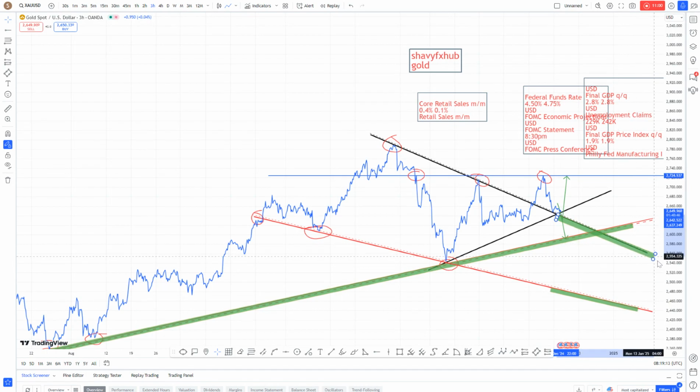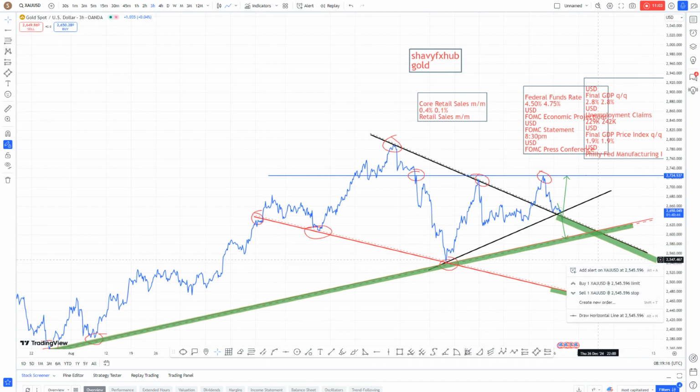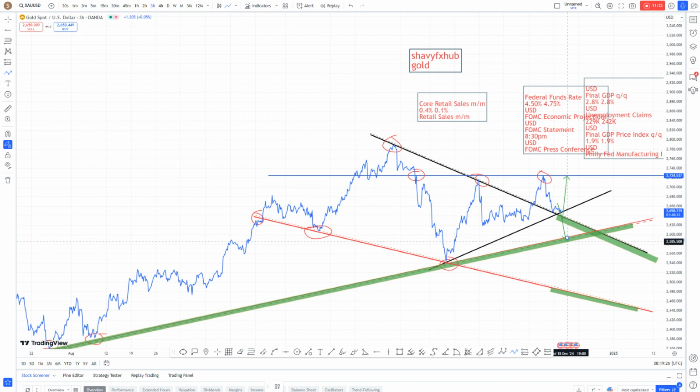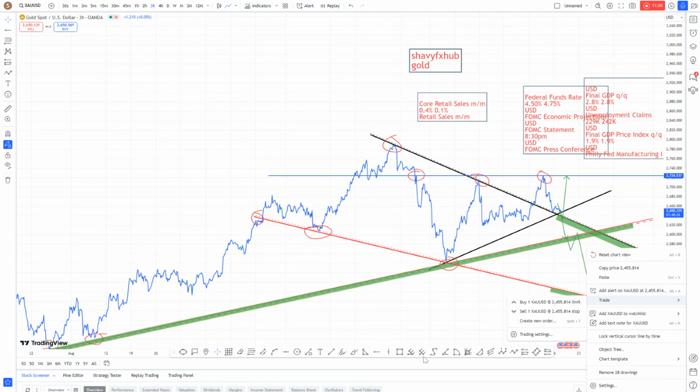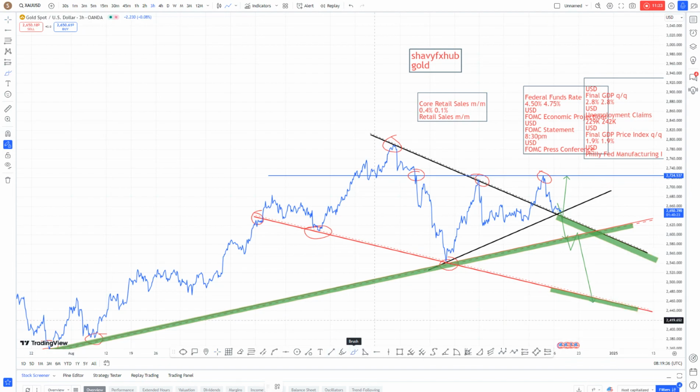So when it returns, it will look critical from our chart pattern, and we will announce the new chart pattern that we have. So you see we have here two resistance, we have here a support structure, we have here a support structure. If price breaks out from here, then we open our hearts to see if there's a possibility for a breakout. If price breaks out from here, then we have a retest and price comes down. If price comes down here, then it becomes a fulfilled prophecy where this take profit is replicated. See this take profit. If price returns here, it will be exactly a replica of what we have here.